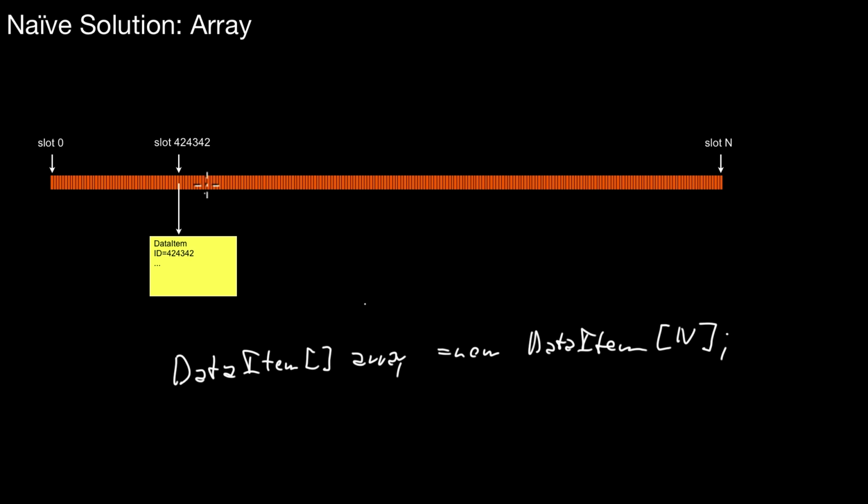One slot points to something. This points to this data item. Everything else is set to null. And this has obvious drawbacks, of course, because usually it depends a lot on the operating system and the programming language. But what usually happens in this kind of situation is, depending on how much size you reserve